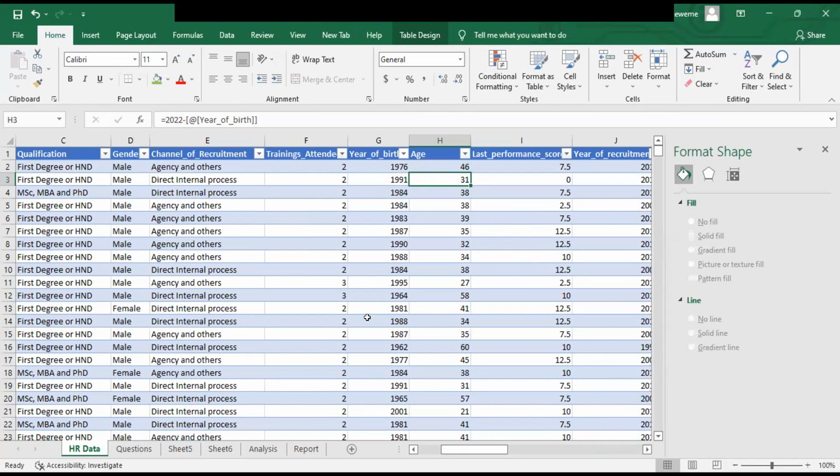So for example, baby boomers, I think they are 1946 to 1964 or 65. So any year between 1946 and 1964, you call it baby boomers.